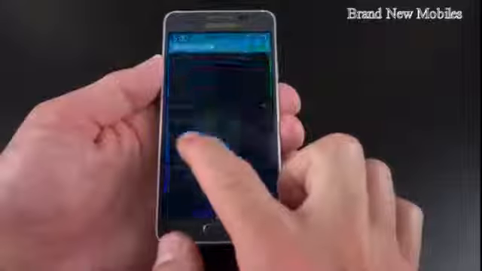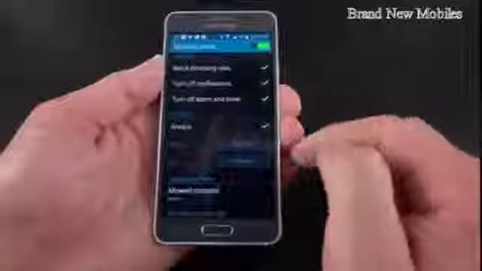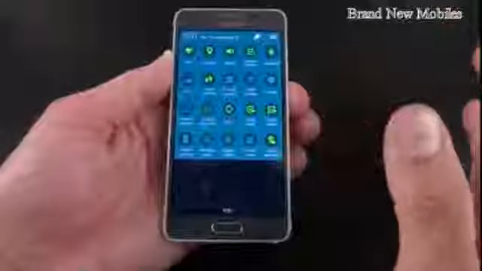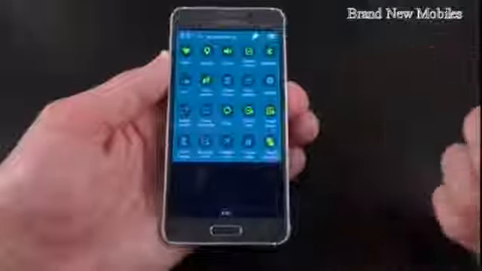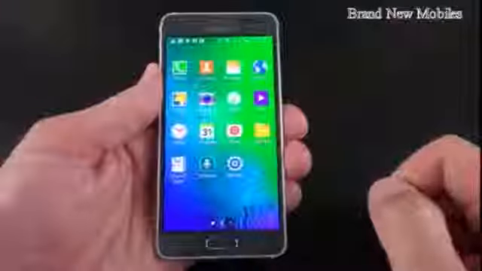We also have blocking mode here, which is basically a do not disturb feature with a lot of controls. You can also select certain times of day for this feature to automatically activate. Now we can also increase touch sensitivity, so basically we can use this phone with gloved hands. Now if we go to our app drawer, you can see the standard array of Google apps, some Samsung apps,